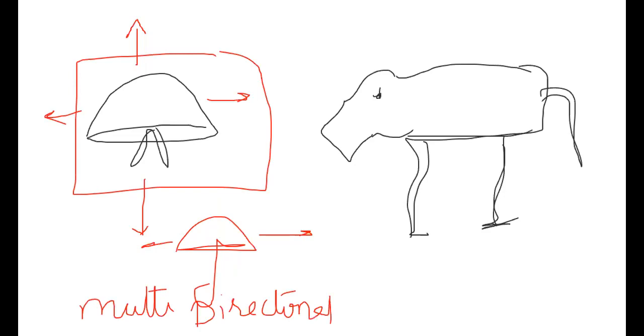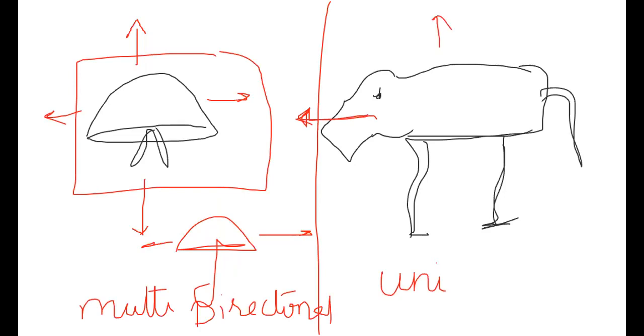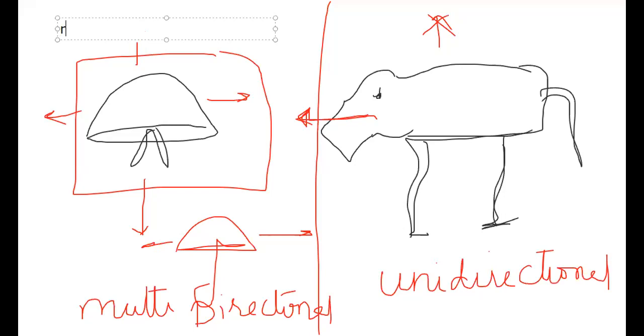This is radial. Then here, unidirectional. By looking at the animal, we can say exactly it is moving in this direction. Not going up, not going down. So unidirectional movement. This is the basic difference. In radial symmetry there is multi-directional movement. Focus here. This is the only area having applications in this symmetry. I'm going a little slow here to understand this much better.